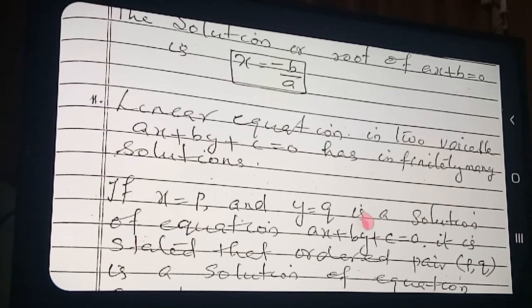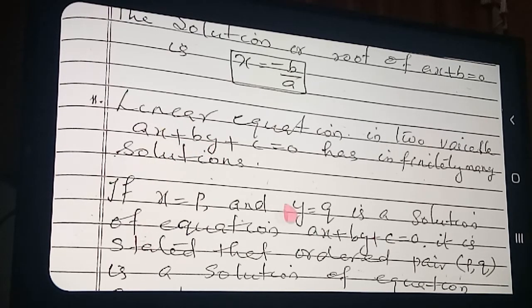Here I have written what the meaning of solution is. See here. A linear equation in two variables has how many solutions? Infinitely many solutions. And a linear equation in one variable, how many solutions? Here there is only one variable and the degree is also 1, therefore only one solution, that is minus b by a. In two variables, x can take any value, either 1, 2, 3, 100, 1000, any value, and on the basis of the value of x we give, the value of y also will change.